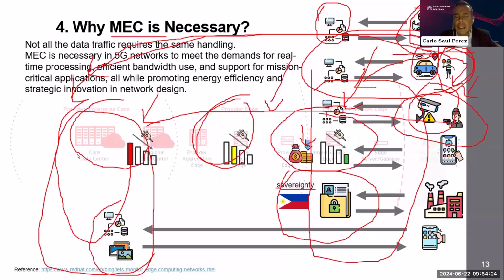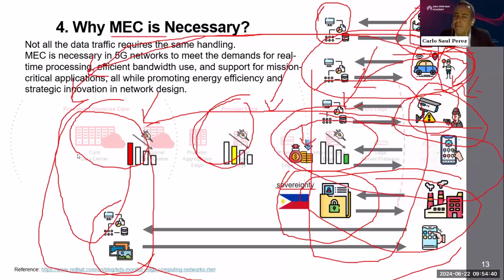So as you can see on this slide, you can have applications far away from the end user because they are not critical. But there are other applications, like industrial applications for cost saving, security issues, V2X, and also gaming, that require a MEC, processing as close to the end user as possible.